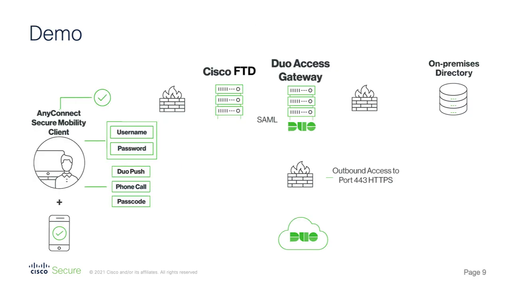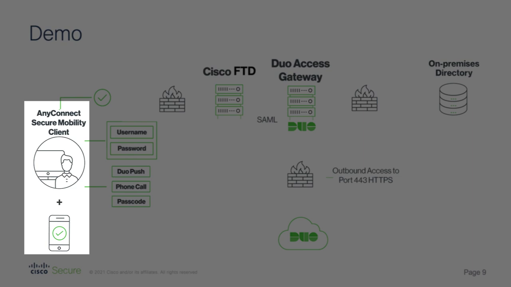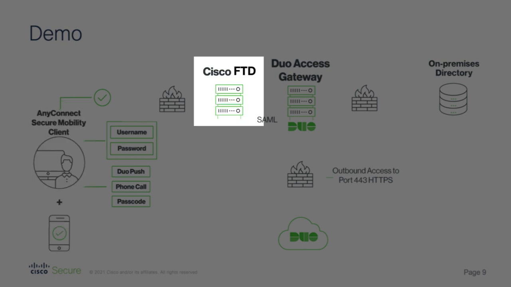Let's take a look at a typical remote access VPN deployment that leverages SAML for authentication and authorization. For demonstration purposes, we'll be using Duo as our SAML identity provider. The deployment consists of an end user running the AnyConnect VPN client, and Cisco Secure Firewall where the remote access VPN connection will be terminated,